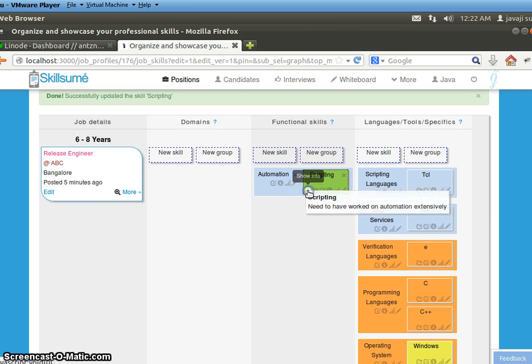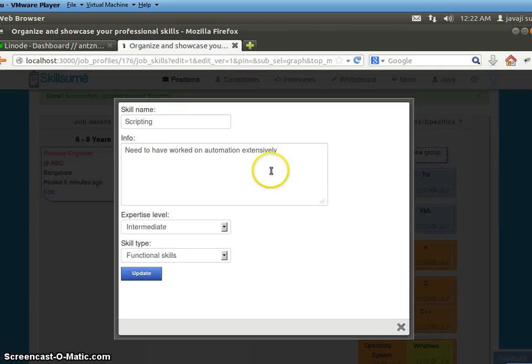Now you see that this info got attached here. Now you can use your E4Use cheat sheet to be attached to all the skill levels here. Now you can edit all the skills here, all the properties of a skill through one single form here, where you could change the skill, edit the skill name, add info, you can change the expertise level or the skill type. That is, you can choose to move it from a functional skill to a tools, languages, or domain skill.